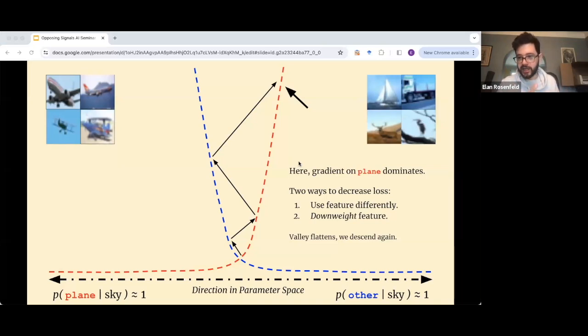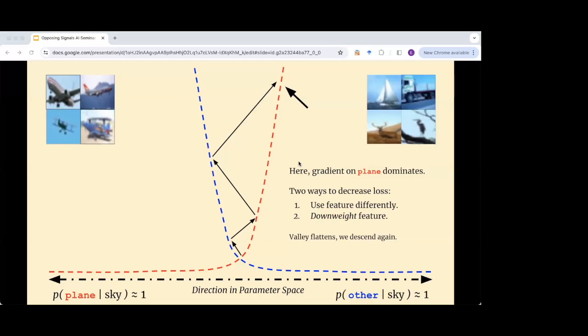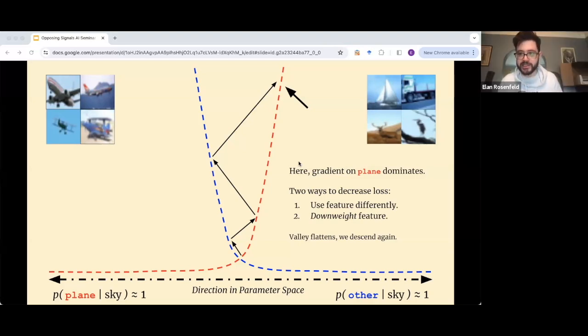This is a simplified visualization. The reality is that the top eigenvector is going to be a superposition of many different features, right? And so the most representative one at any given time is the one feature that is changing in loss the most, but all the others are also oscillating. You remember the plot that showed at each iteration how the distribution of loss changes? The other features are also oscillating back and forth. It's just that they're not the dominant feature, and so over time it changes. Does that make sense? Okay, thank you. I'm not sure if I fully answered your question, but maybe we can discuss further down the line.